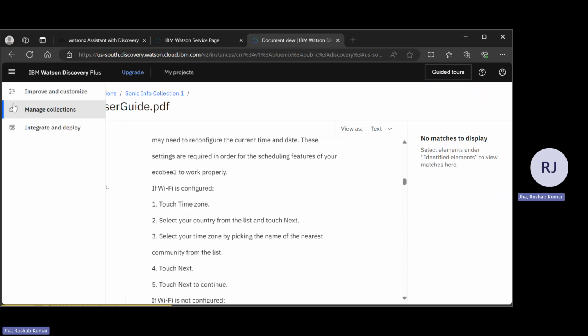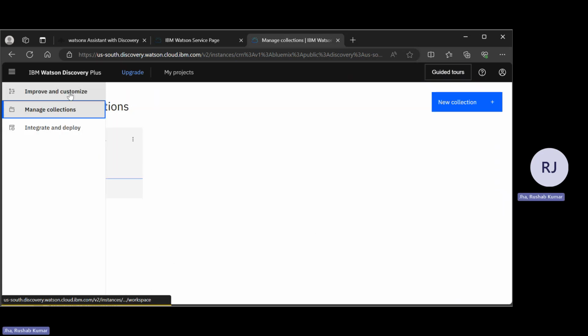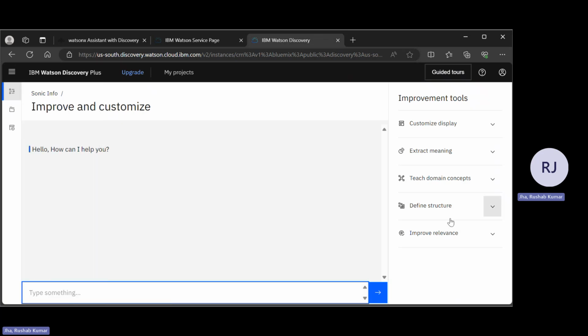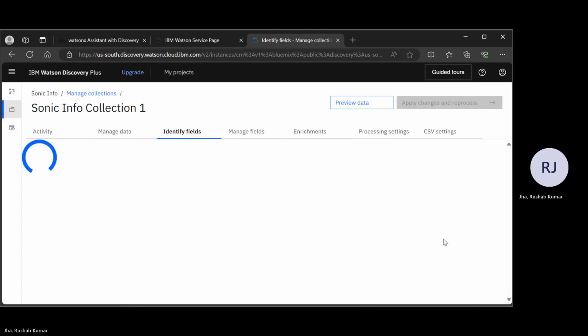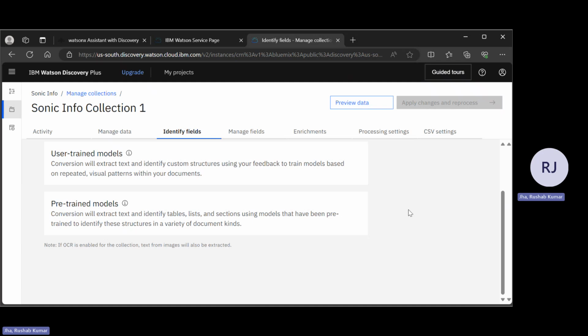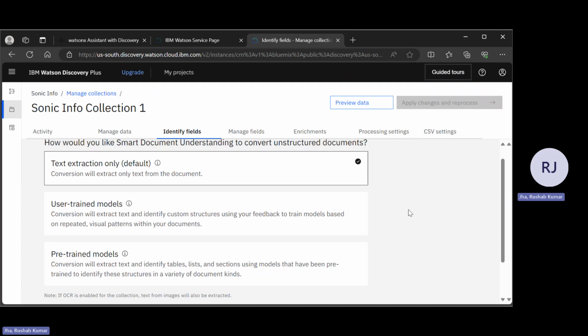So on top of this, we can do a couple of improvements and customizations. First, I'll click on define structures, then new fields. There are different options that you can select for how you would like the SDU to convert your unstructured documents. Basically there are three options.